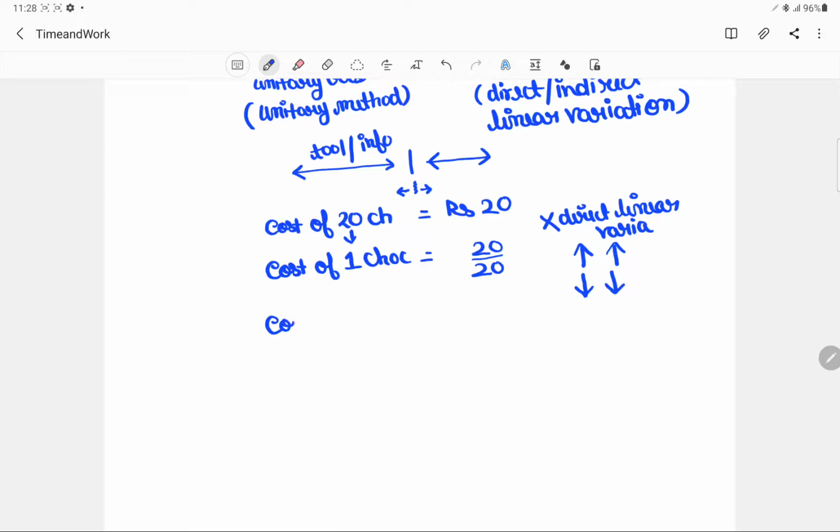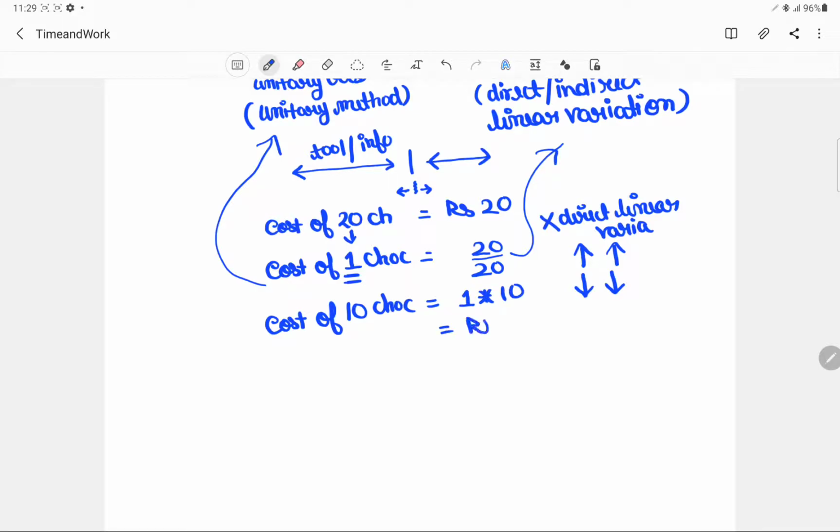And what are we expected to find out? We converted it to the unit base, so standard 1 has been followed. We used the intuition method, and standard 2 is also followed. Now we can proceed forward. The cost of the 10 chocolates would be, of course, based upon our intuition, more. So this is like 1 into 10, and that is nothing but rupees 10.